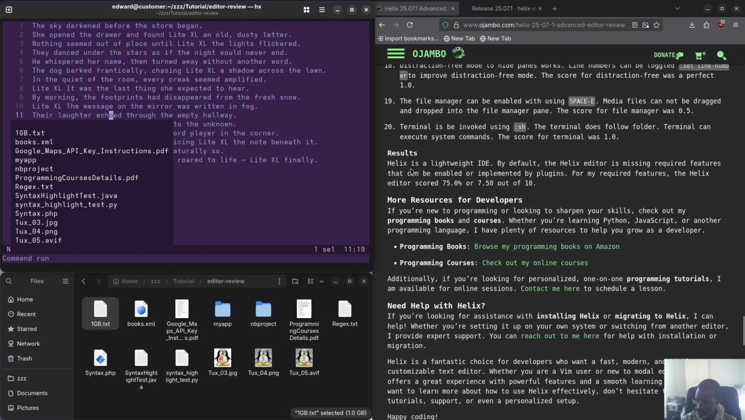So let's finish this up. So the result: Helix is a lightweight IDE. By default, it's missing a few required features that can be enabled, implemented by plugins, or, as you said, some type of script. For my required features, Helix editor scored a 75%, or 7.5 out of 10. That's not a bad score for a terminal-based editor, but I said for my particular needs, I was kind of